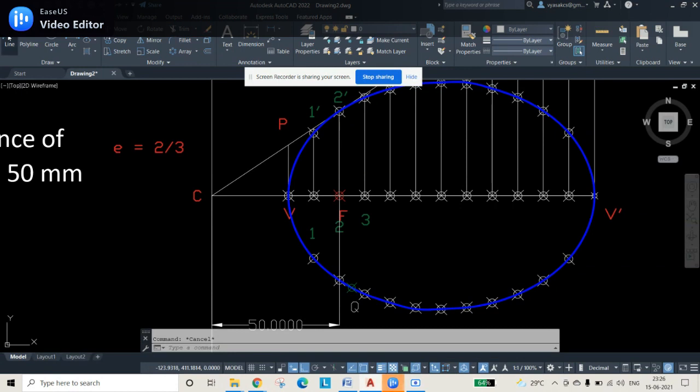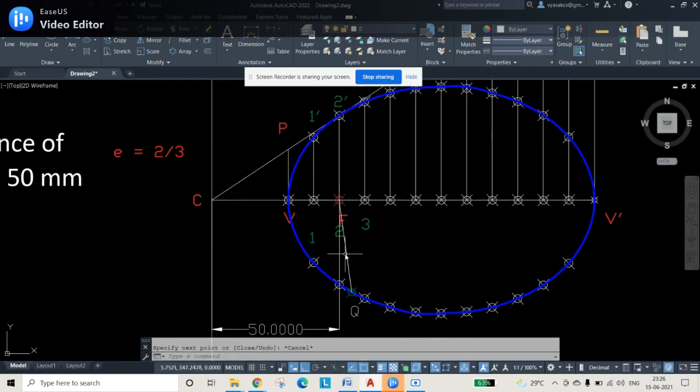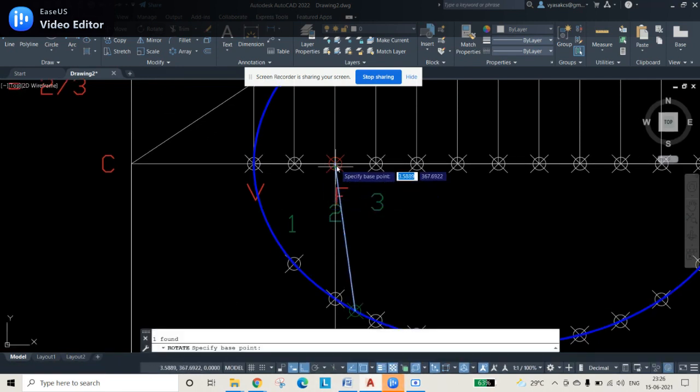For that sake, what I have to do is select line, and from Q up to the focus, draw a straight line, and draw another straight line from focus to the Q. So I have drawn 2 straight lines from Q to F and F to Q. Then select the straight line and rotate it with the focus as the base point with 90 degrees.